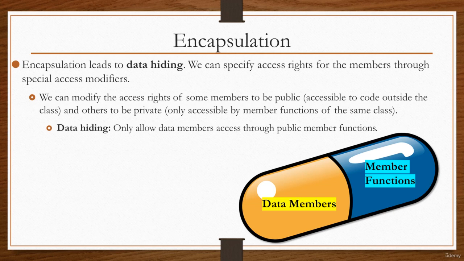This allows us to do certain checks in the functions to make sure that we only modify the data members as planned, so we don't get weird results. For example, let's say we have a health or hit point variable, an integer, and if that health variable is 0, then it means the character is dead. If it is 1 to 100, then it means the character is still alive. But based on gameplay testing of the particular game or the game design document, the health cannot be more than 100 and it can also not be less than 0. Based on that, you want to do certain checks. Let's say you pick up a medipack and you gain 50 health when you already have 80 health. Then again, you want to make sure to set your health data member to 100